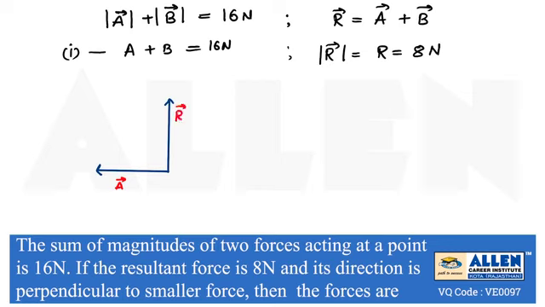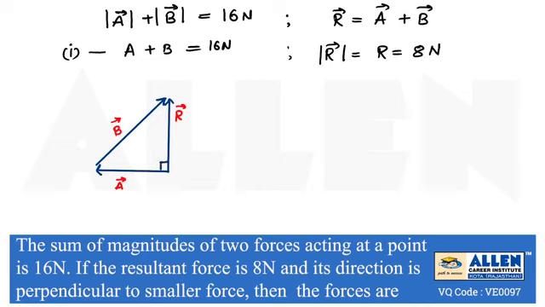Now the remaining side of the triangle will represent B vector. Suppose it is drawn like this. B vector will have its head in this direction because on adding A vector with B vector, we know the head of A vector should coincide with the tail of B vector. Therefore, the diagram will be like this, in which A vector is acting as the base and B vector is acting as the hypotenuse, where R vector is acting as the perpendicular in this right angle triangle.